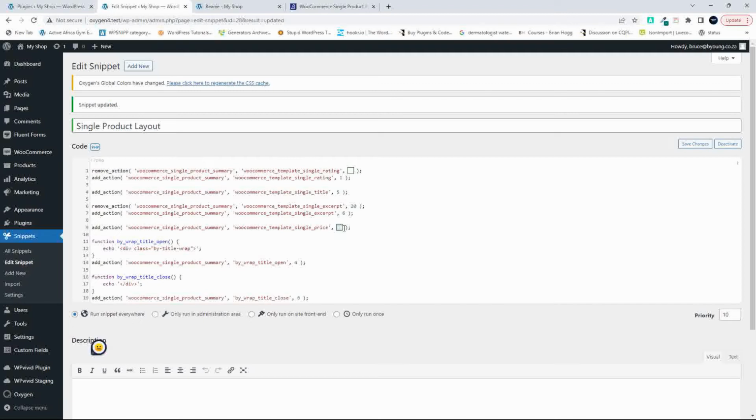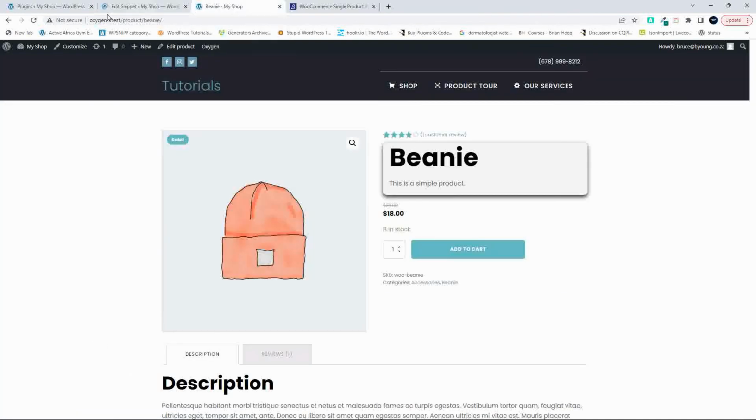I can have a look down here, and I see that the price is at the priority of 10. Now this is my own custom action, or function, so I don't need to remove it first and then add it again. That's because it's not a default within WooCommerce. This is the only time that it's been added. So if I wanted to move that closing div tag to include the price, I would just move that down to 11. Hit save,